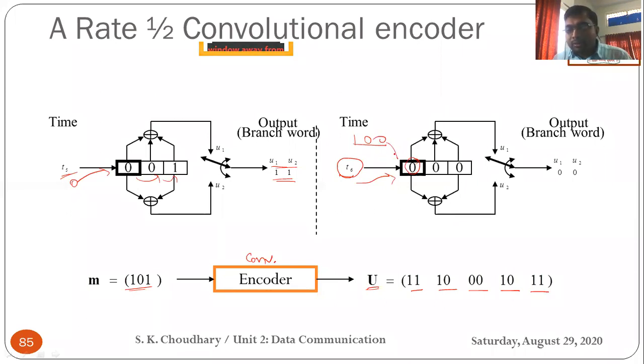When the first bit of that new bit stream is entered, the encoder is completely ready to take this new bit. It is completely flushed out at T5. So this U1 and U2 would not be considered as a resultant code word. It would be a part of the new code word for the new input sequence, so do not confuse it. You can show up to T5 also, but it is safe to show up to T6.